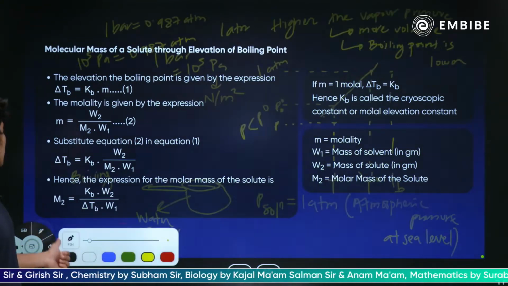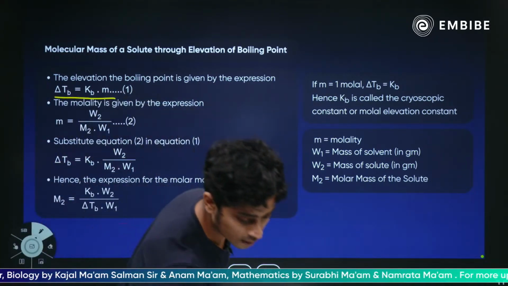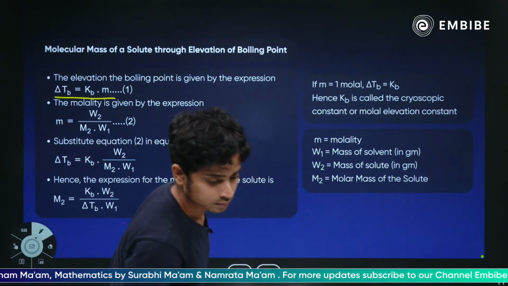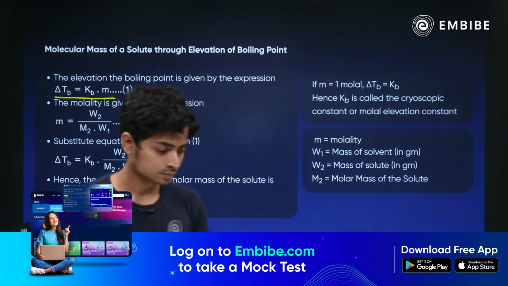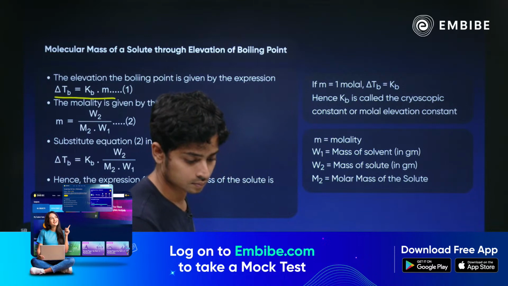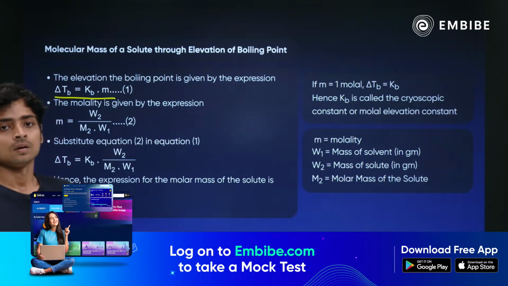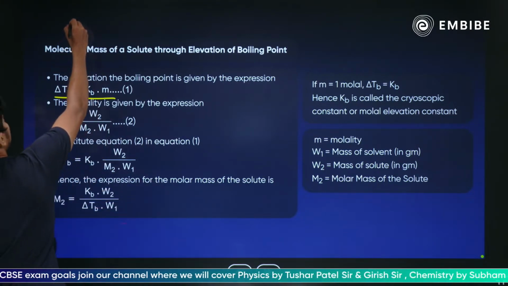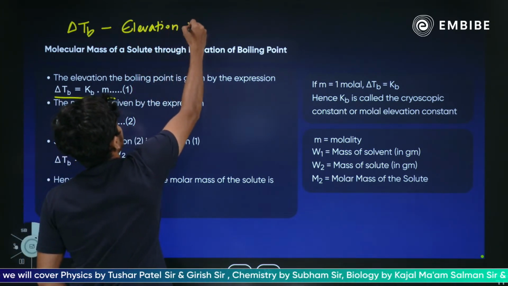ओके, तो एलिवेशन ऑफ बॉइलिंग पॉइंट एक्चुअली आपका इस रिलेशन से दिया जाता है, डेल्टा टी बी इक्वल टू के बी इंटू एम, जहाँ पे एम आपका मोलालिटी होता है। आई विल एक्सप्लेन इट। तो आपका ये रिलेशन में डेल्टा टी बी इज योर एलिवेशन ऑफ बॉइलिंग पॉइंट।